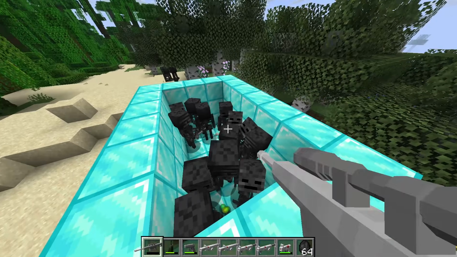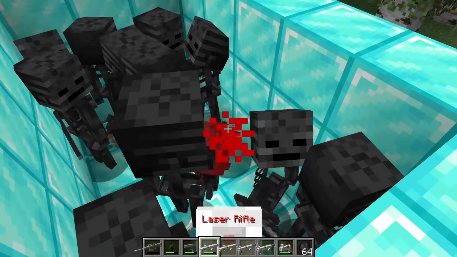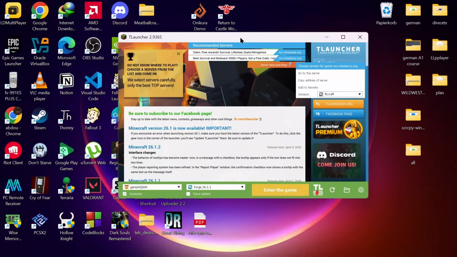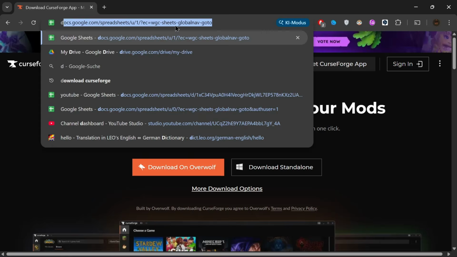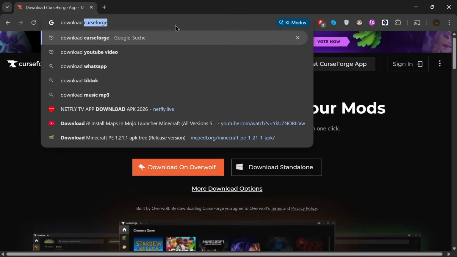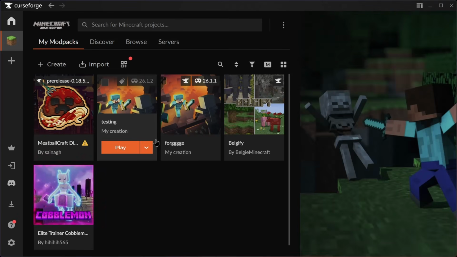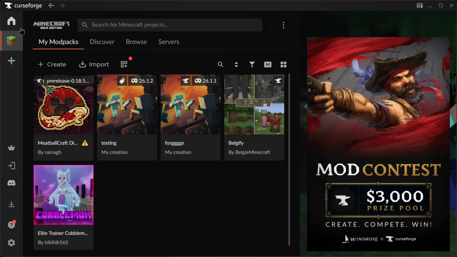Here is how you can download CurseForge mods on TLauncher Minecraft. First, open TLauncher and choose Forge version 26.1.1. Next, download CurseForge from their official website. Once it is installed, open CurseForge, go to Minecraft,